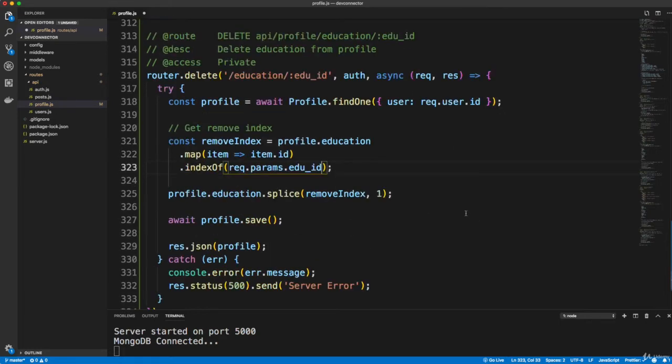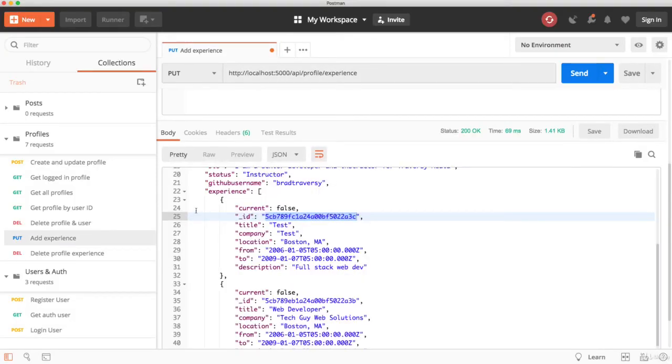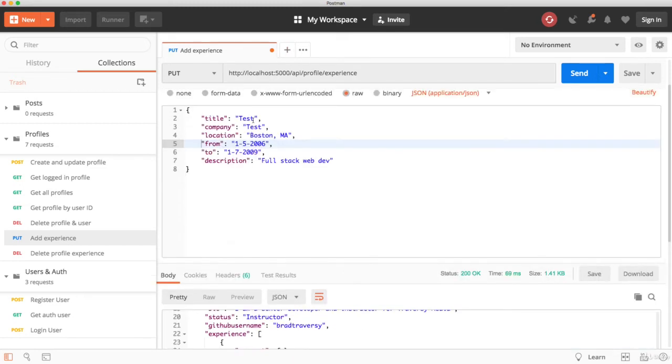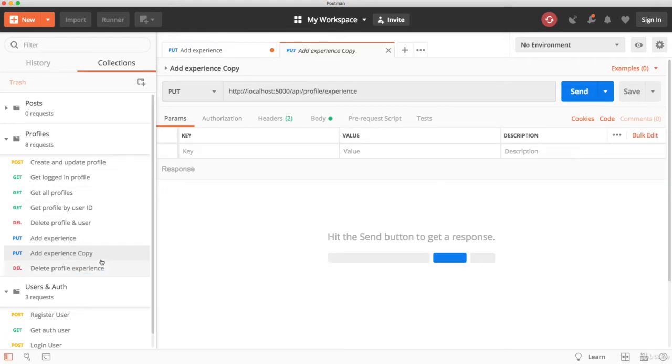So make sure that, if you're following along, yours matches this. And we should be able to now add an education and delete. So let's head over to Postman. And I'm going to, let's see, this is add an experience. What we can do is duplicate these. Let's duplicate this and rename it